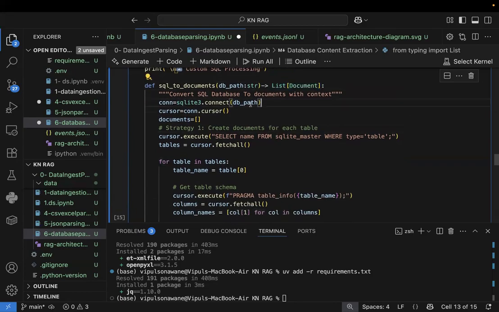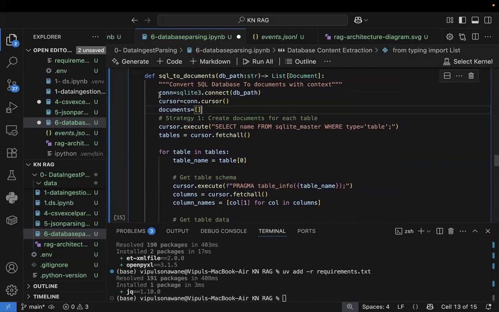For all the custom processing, you'll see that I'm creating a function that will be returning a list of documents. Now here I'll also be creating a docstring: convert SQL database to documents with context. Okay,